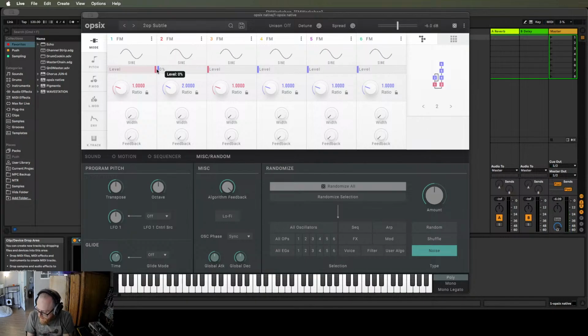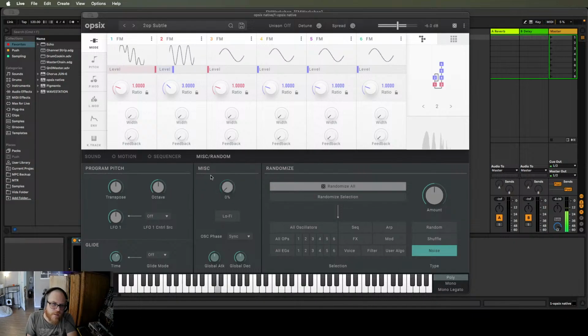So I hope that is clear. We'll try some other ratios here, but the point here is that feedback is sort of your last tool in terms of this 2-operator sound design, to kind of give you a little edge in